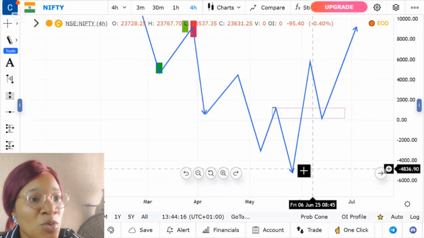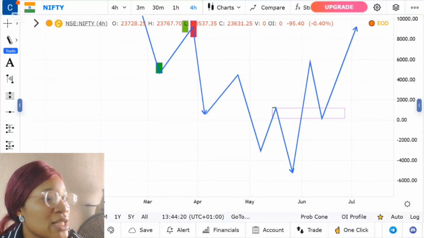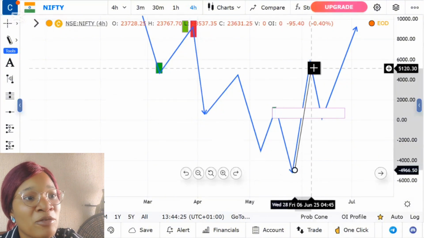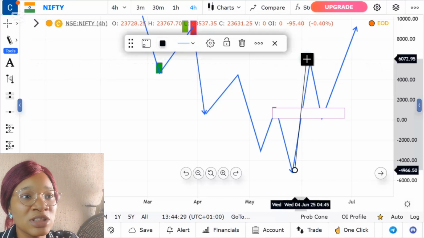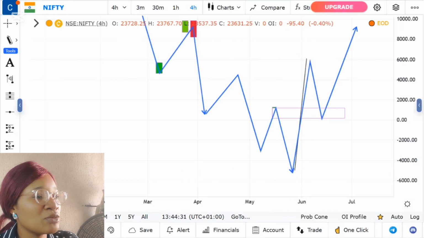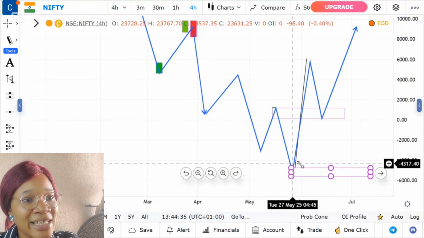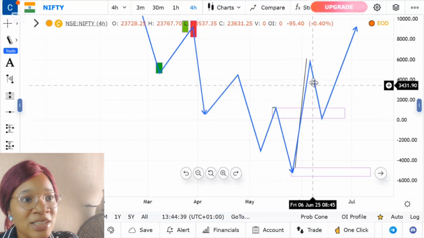So even if you have spotted that price has taken off and broken this, you have confirmed a change of character right here, indicating that the trend wants to change. You see that some traders are actually waiting for price to come back to this other block that was created here, when price gave this impulsive buy